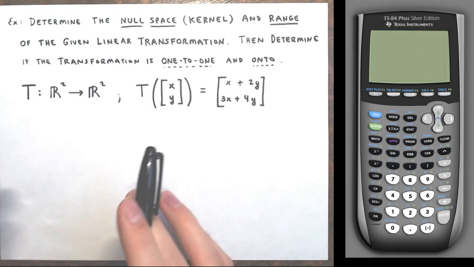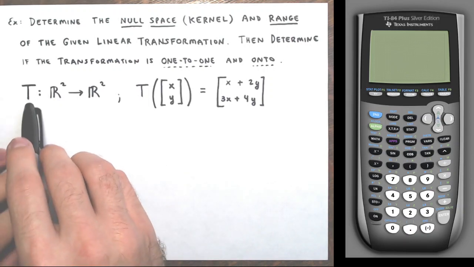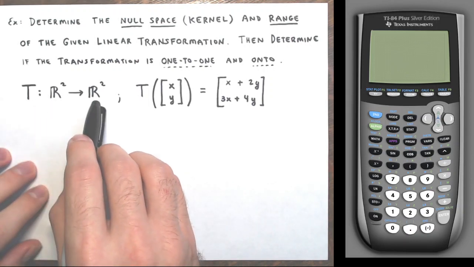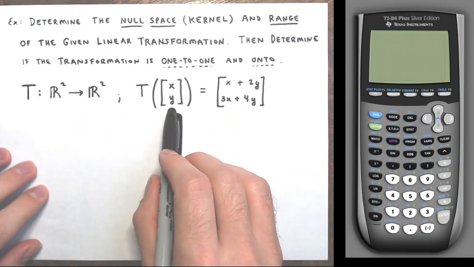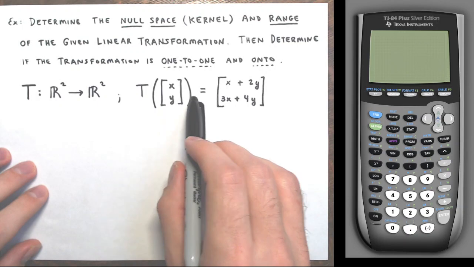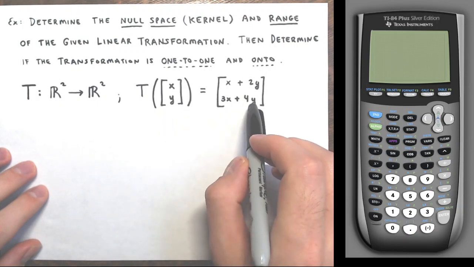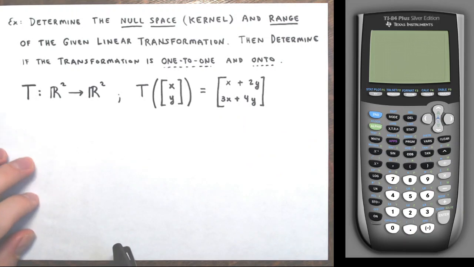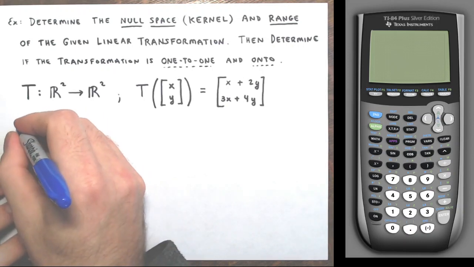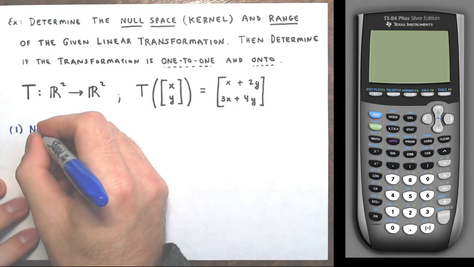Alright, so here I have a transformation between R2 and R2, where the rule is this. It takes a vector from R2 with components x, y, and sends it to another vector from R2 with x plus 2y, 3x plus 4y as the components. Again, I'll do this the long way and the short way for this first example. So first, let's talk about the null space